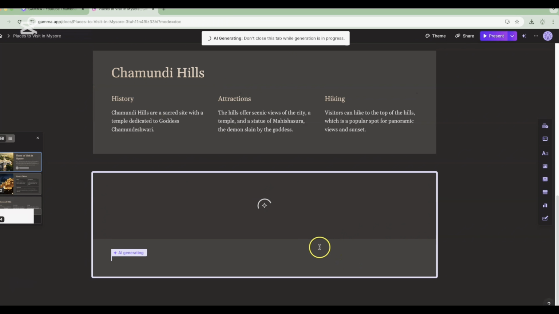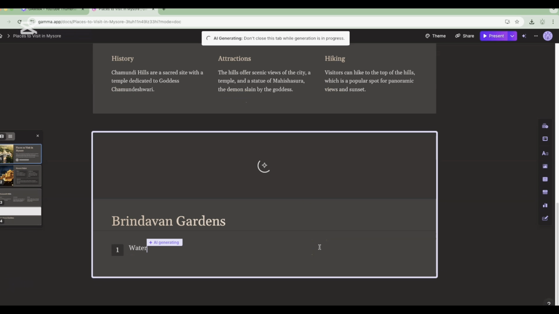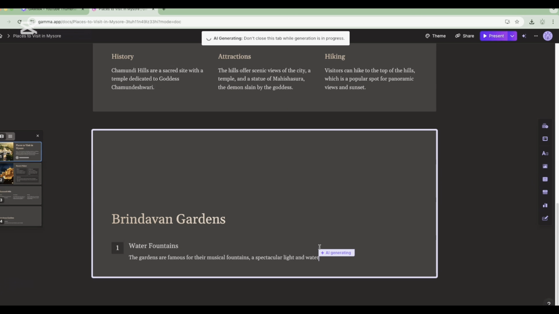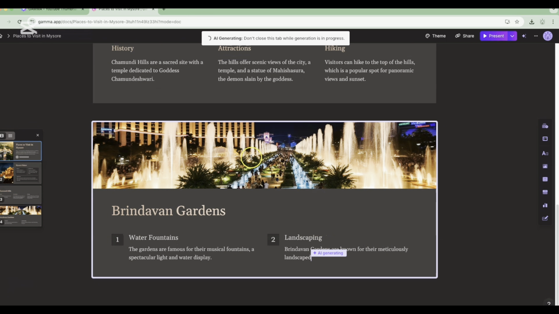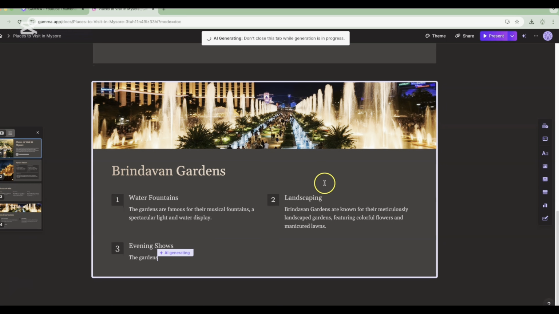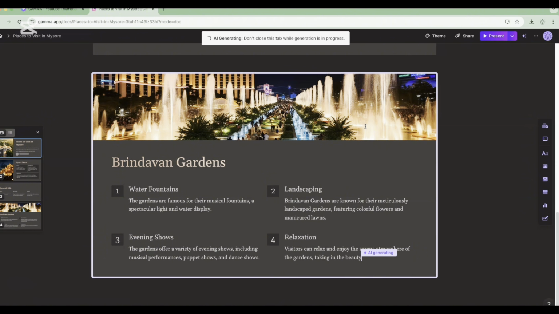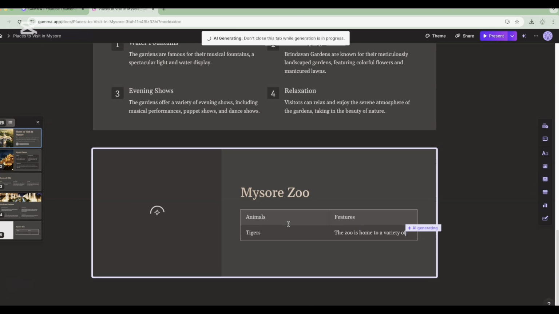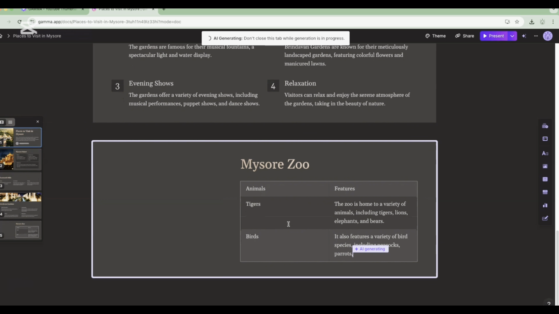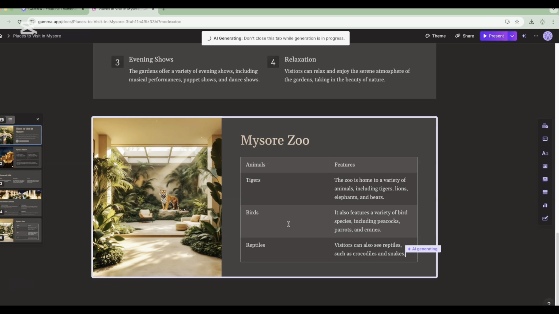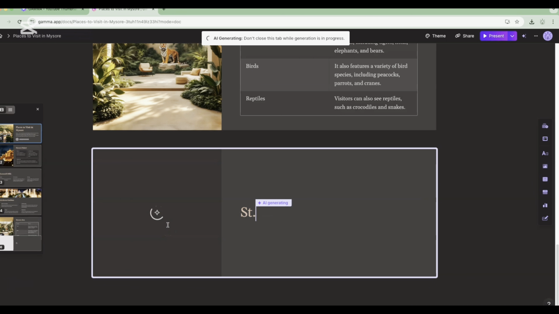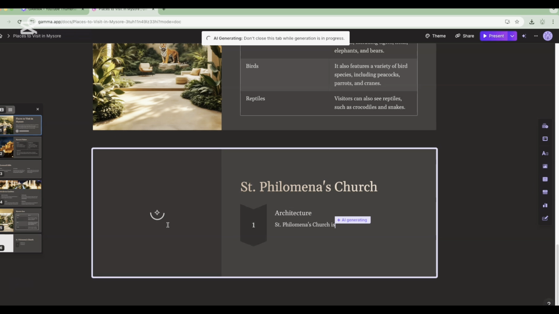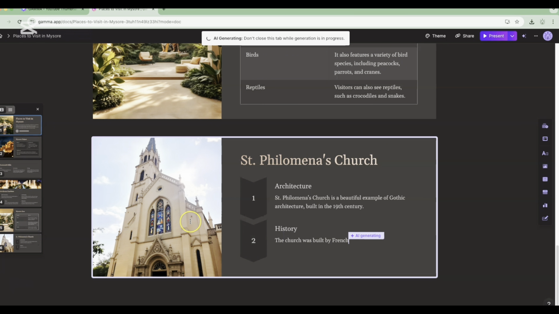AI is literally writing each and every piece of information which is essential to add here. It is also adding the fountains, which look like how Brindavan Gardens would have, right? The palace images also. Like literally we are doing nothing here. We just gave a statement and all these details are getting added. Isn't it fantastic? Look at this image. It's really hard to find an image like that and make sure it comes into the PowerPoint presentation as our expectation. The church,